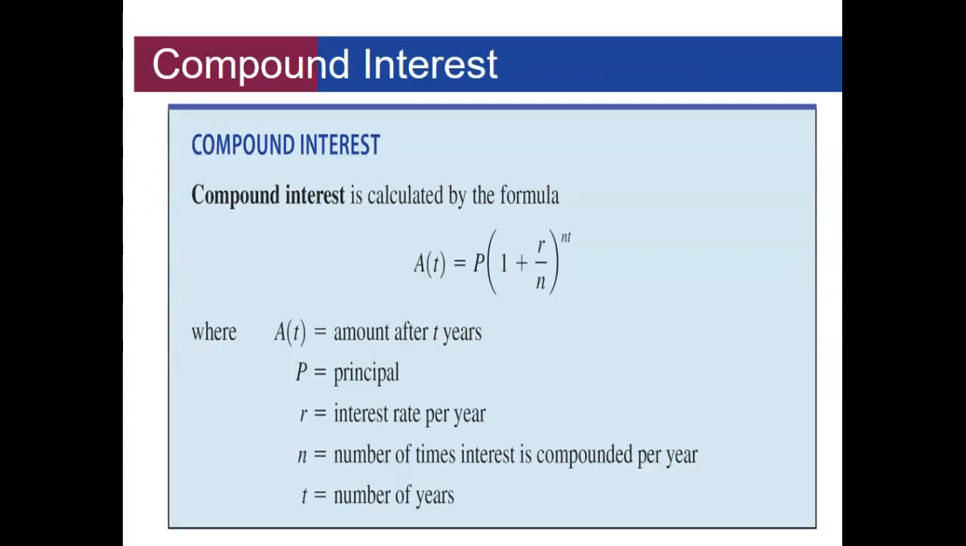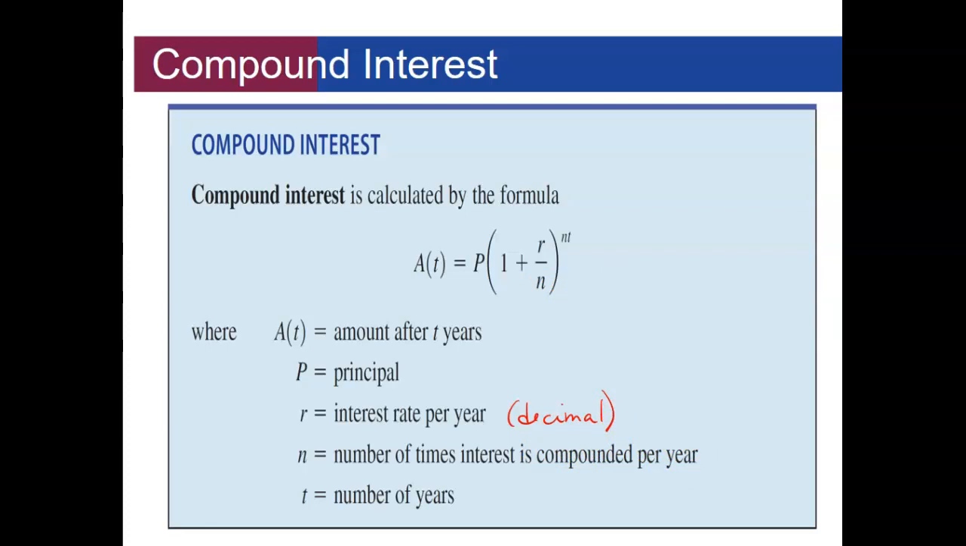Okay, so we talked about one of the applications of exponential functions is compound interest. So compound interest is calculated using this formula here. A of t is the amount that you have after a given time. P is your principal, or the amount that you start with. R is the rate. It does need to be a decimal, so not a percent. Give it as a decimal. N is the number of times it's compounded per year. And what that means is